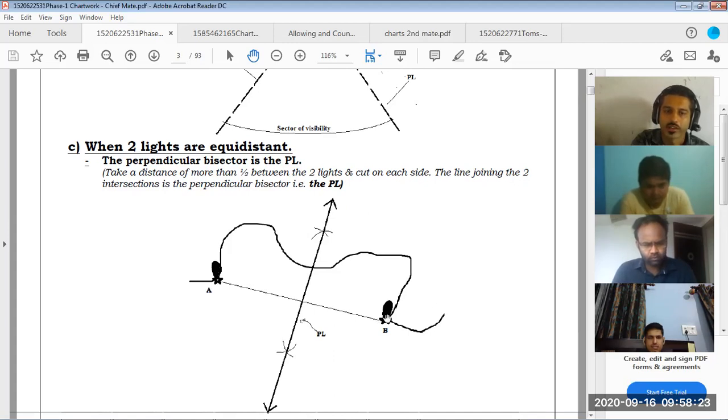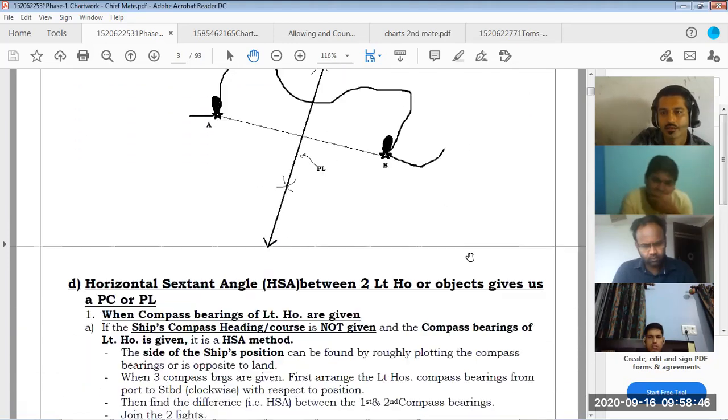So you take your center as this lighthouse B and put a 5 mile arc here, put a 5 mile arc here. Then you take point A, you cut a 5 mile arc here and a 5 mile arc here and join these two arcs. This is your position line. On this position line only, this lighthouse can be 5 miles equidistant. So you have a position line from equidistant lighthouses also.